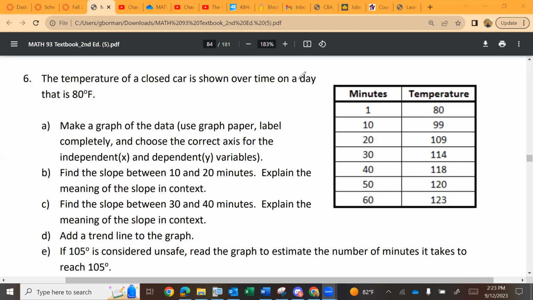We saw in chapter 1 that we had linear equations, and their basic template was y equals mx plus b, or ax plus b. It doesn't really matter. Then in chapter 2, we saw quadratics, and their basic template, their basic formula, whatever you want to call it, is ax squared plus bx plus c. Okay. Now, with power equations,